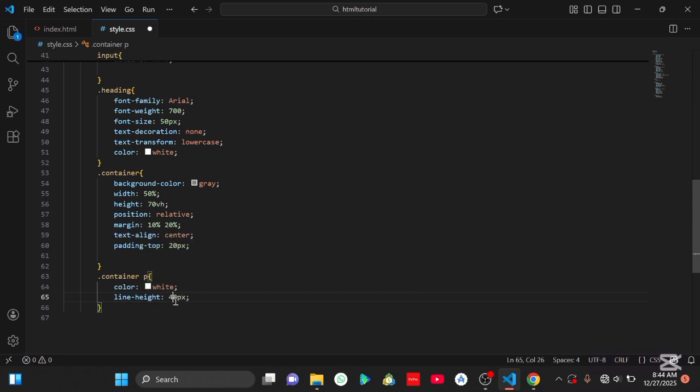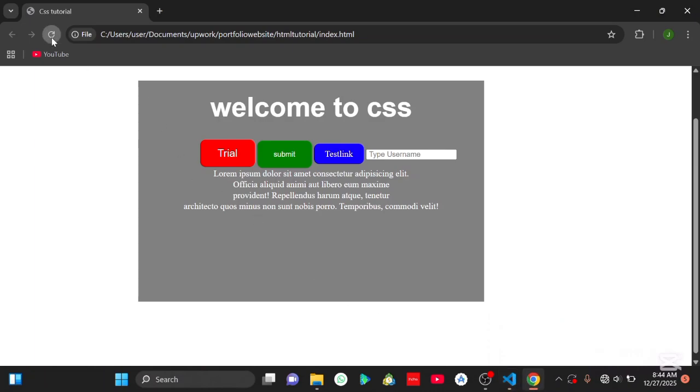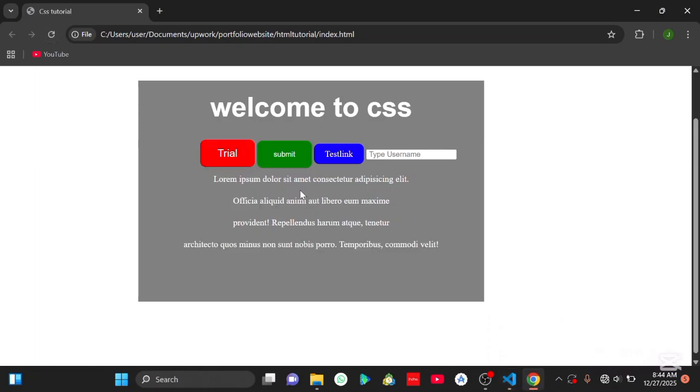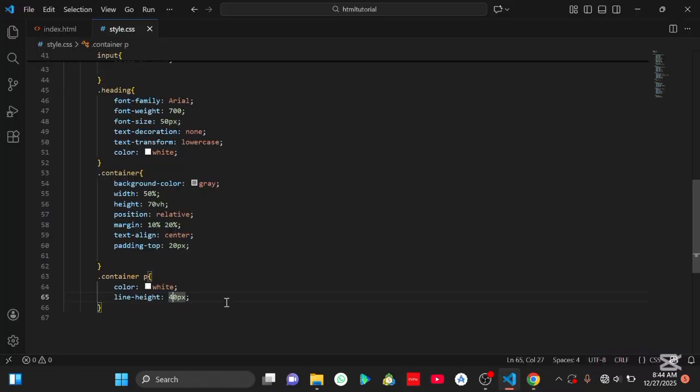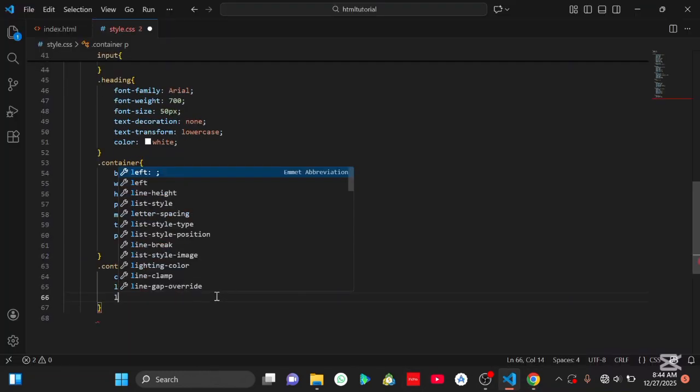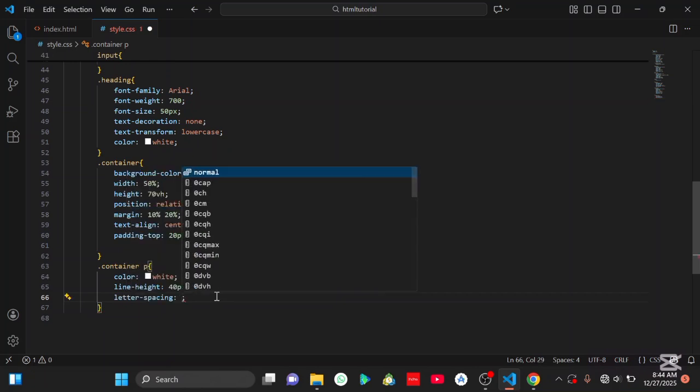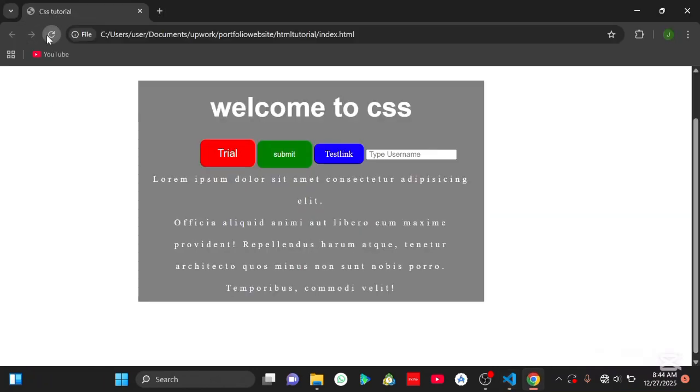So let me use maybe 40 pixels. If I come here and I refresh, you see now the distance between the lines, it is what we talk about when we mention something to do with line height. Let me also show you a property called letter spacing, and this is the distance between each letter. So maybe I can use 5 pixels and I save, and when I refresh, you can see now